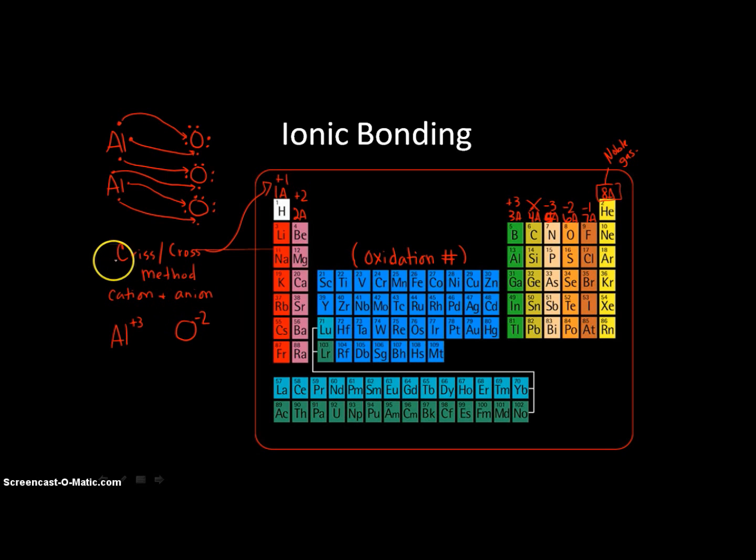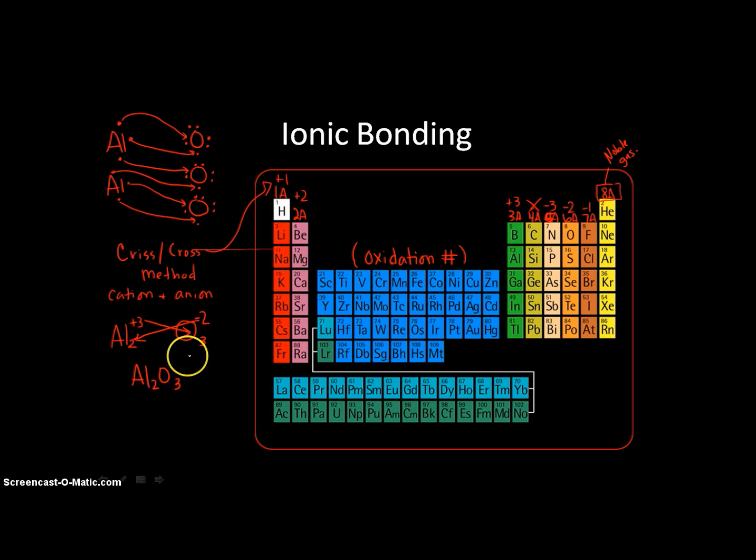So what we're literally going to do, this is called the crisscross method, and so we're going to crisscross the charges using the numbers, not necessarily the charge. Charge isn't of any importance, although you always want the negative one on the right and the positive one on the left. Okay, and that's going to tell you your right and left, but we do not cross the positive and negative down. So the 3 literally goes over here, and the 2 literally goes over here. Okay. And so our formula then is